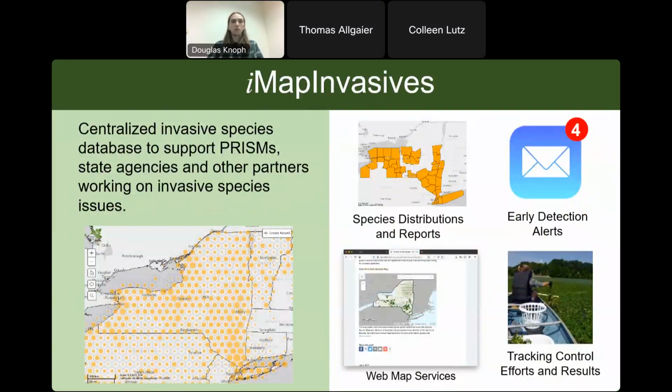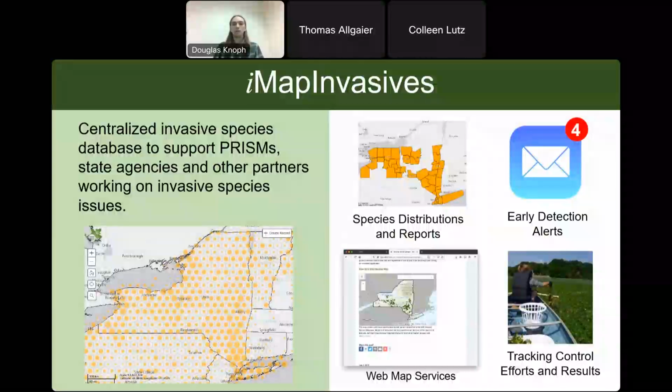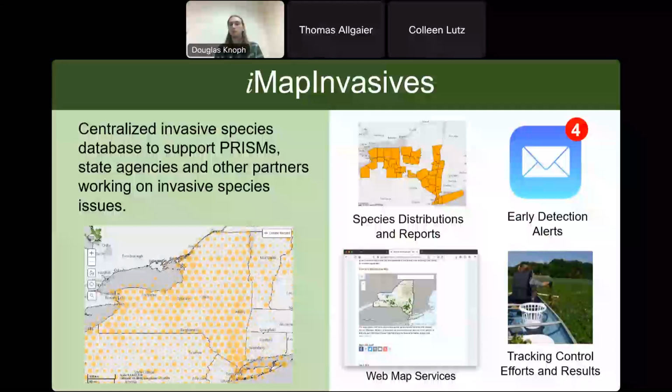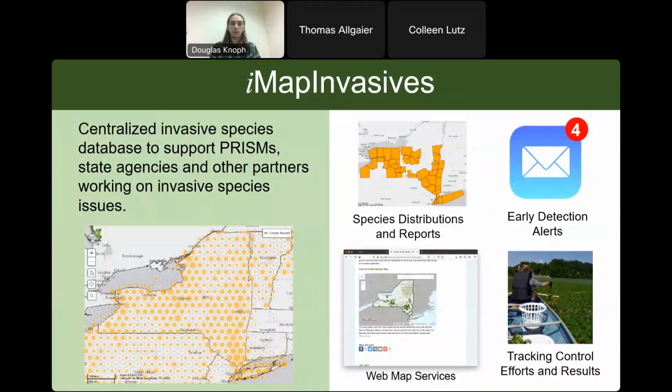So, just another quick overview of how our database functions. The main priority is to support our partner agencies and help them prioritize the work they're doing for invasive species management. Besides just holding the data, we have a number of different tools to help our partners accomplish these goals, such as species distribution models, automatically generated reports, and email alerts if you have a certain species or area of interest that you want to be alerted about when new things show up.